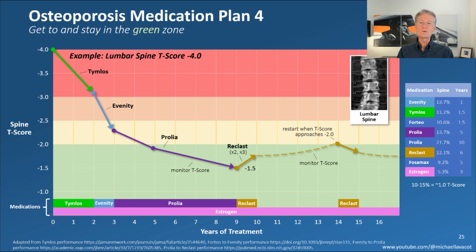Now, I will tell you that the trials I'm basing this on are Forteo followed by Evenity, but there aren't trials for Tymlos followed by Evenity, at least not that I've seen. Though Tymlos is a better working drug, this should work out better. But just know that there aren't trials showing this combination, so it's a little bit of a leap of faith here. All right. And by the way, I put footnotes on all these slides so you can look up these trials yourself, and I highly recommend it to see what the performance is and how these drugs transition from one drug to another.